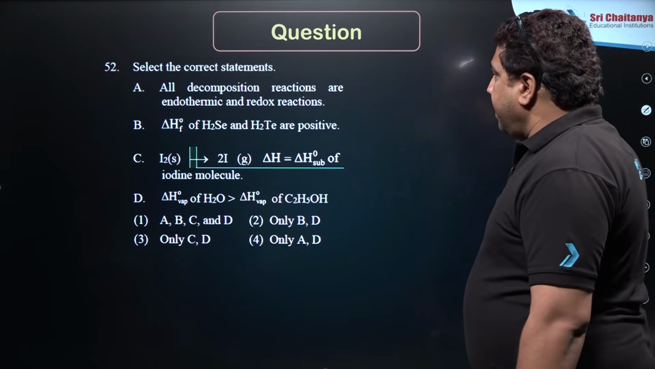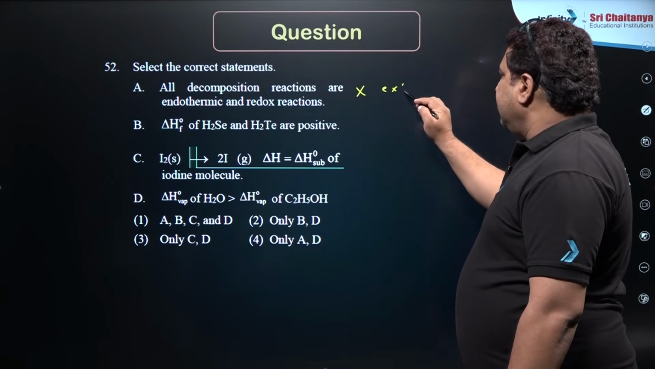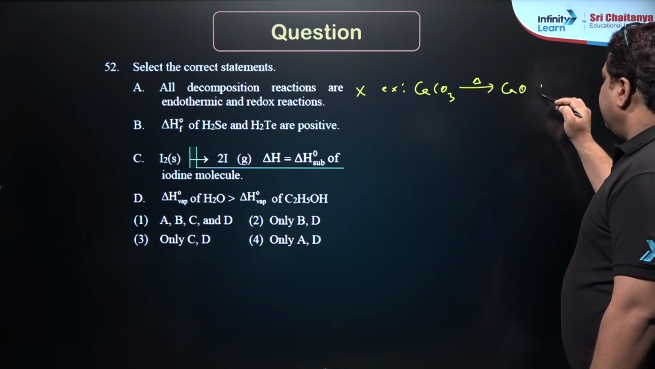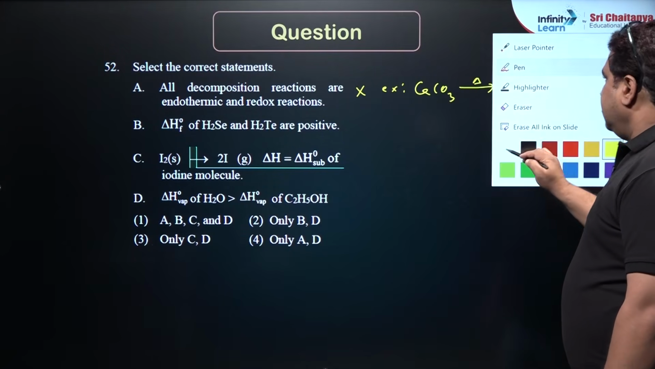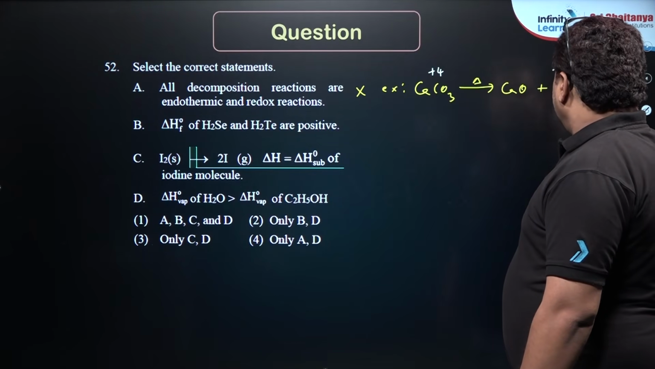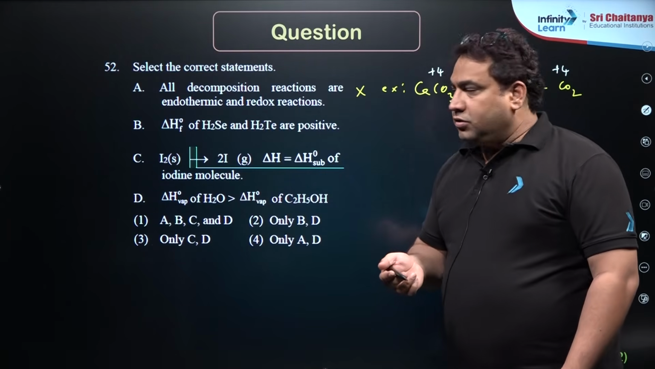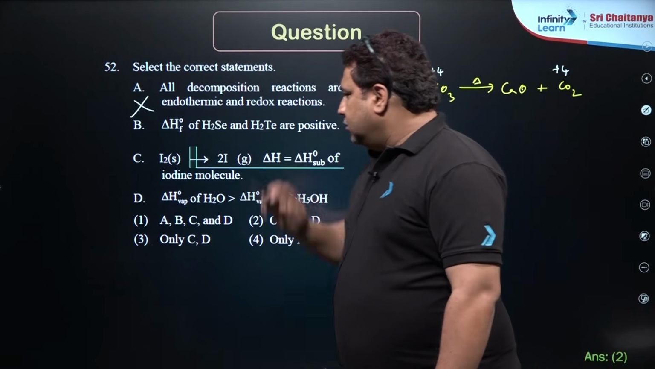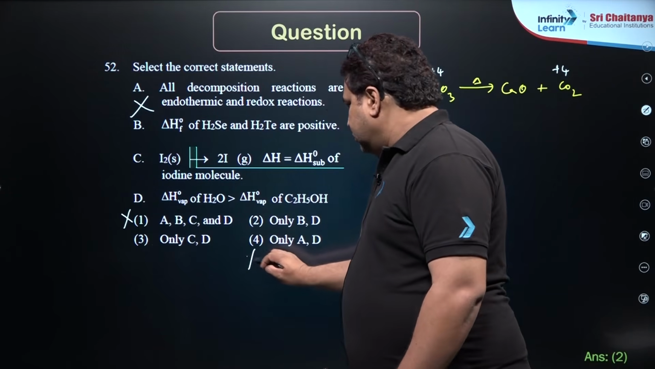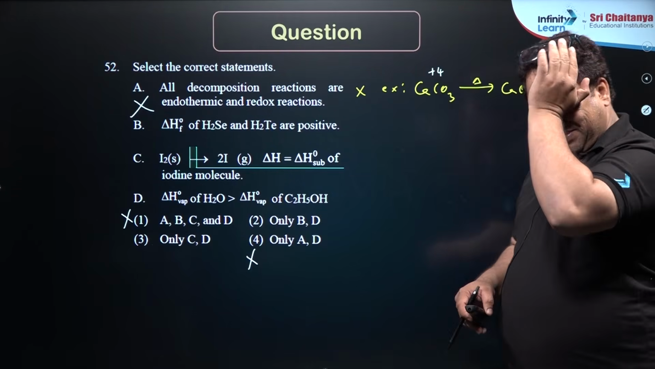Dear students, all decomposition reactions are endothermic and redox. Wrong. For example, if you take calcium carbonate and decompose it, it will give you calcium oxide plus carbon dioxide. Here you can see the oxidation state of carbon is +4. Here also it is +4. Calcium is +2. So it's not a redox reaction. Hence this statement is absolutely wrong. If A is wrong, then guaranteed the first one and fourth one will be wrong. Got it, dear students? Now, moving ahead,